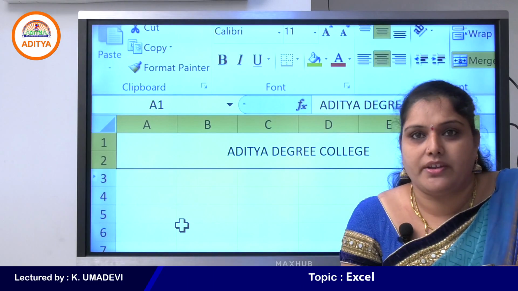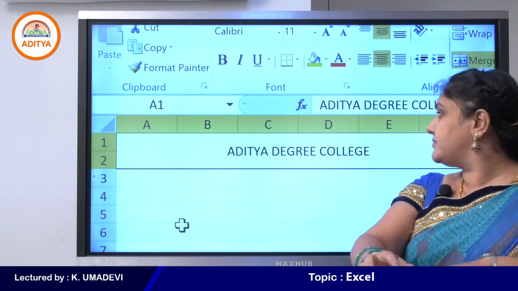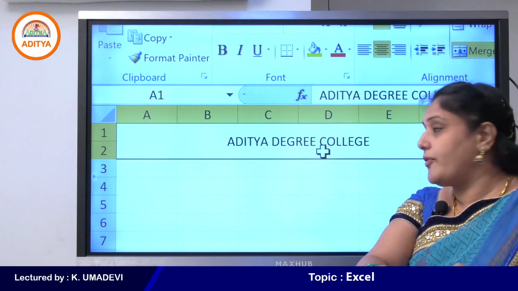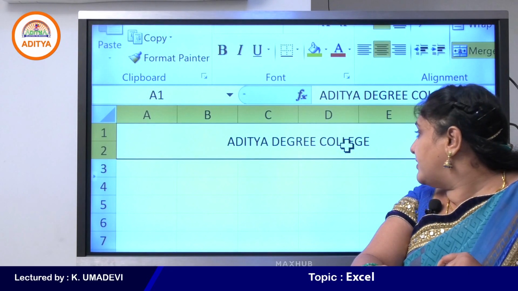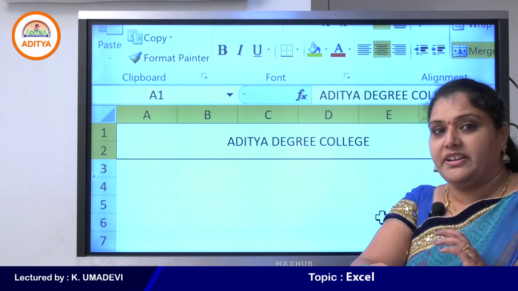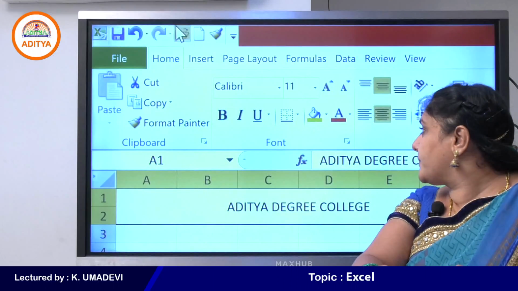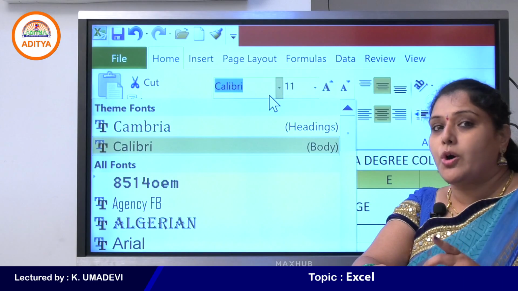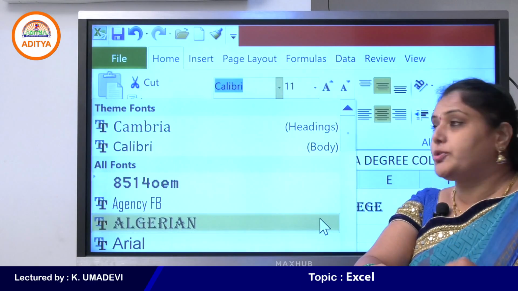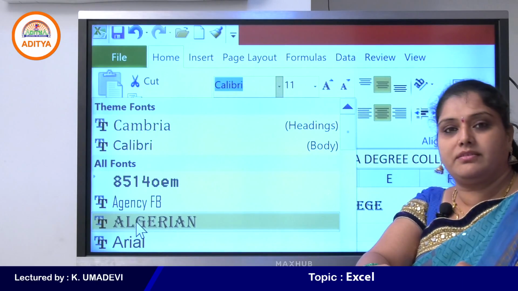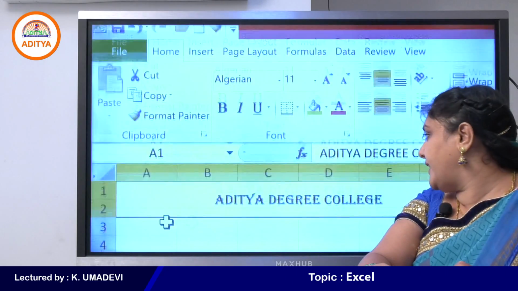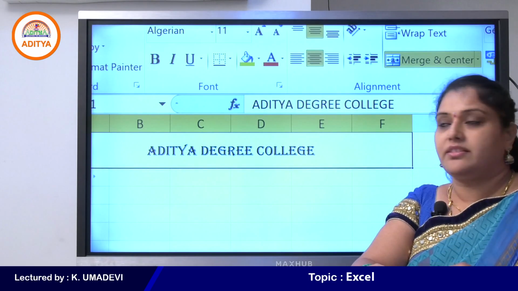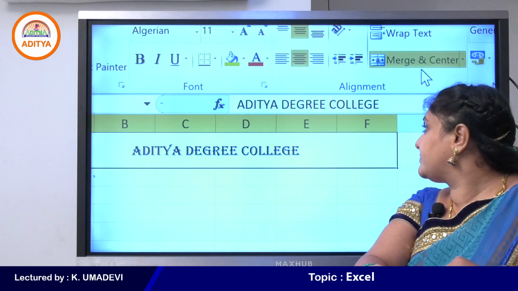Yes, someone asked about how can we change the font. If you want to change the font style or font size of the heading, simply click on that cell and go to home tab under font group. So first apply the font style, that is Algerian. See here the font will be applied to the active cell text, right? So if you want to apply the color,